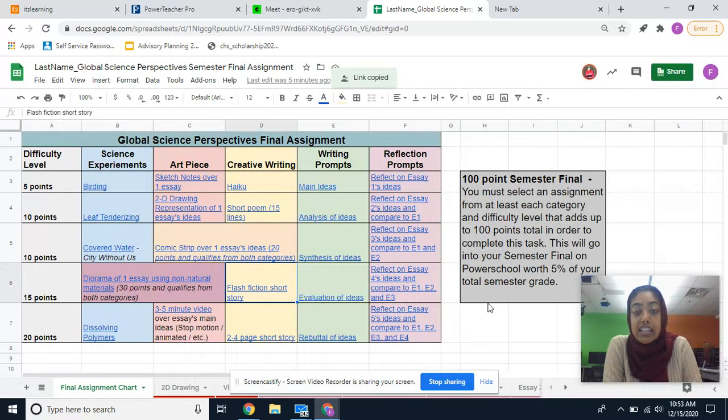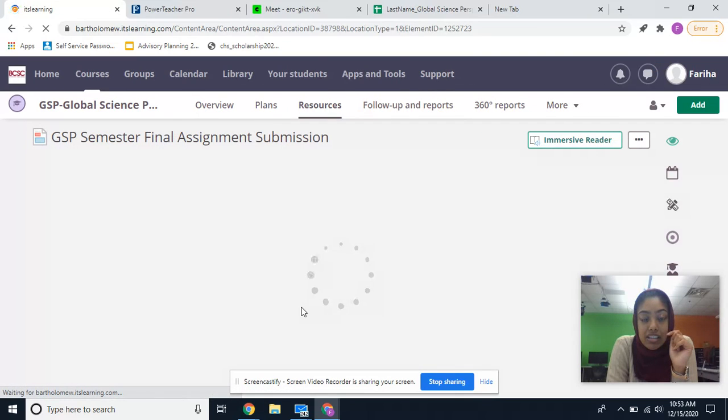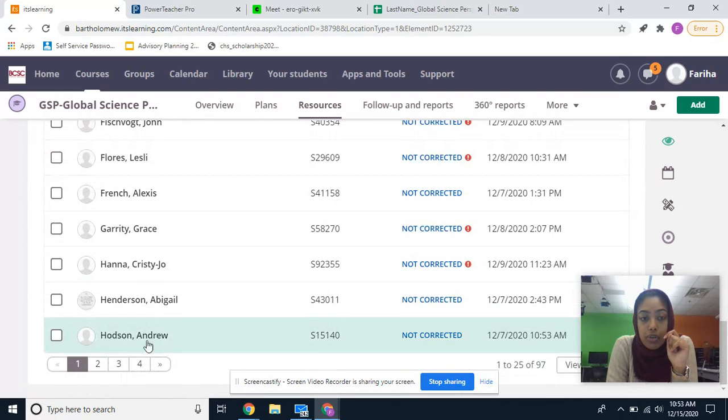And this link that is now copied to your clipboard is going to be what you send to us in your submission. So when you guys go here and you click, I have submitted a copy of this document to my facils for an agency grade, and it says submit a shareable link to this document here. You will copy and paste this link right here. So where it says,